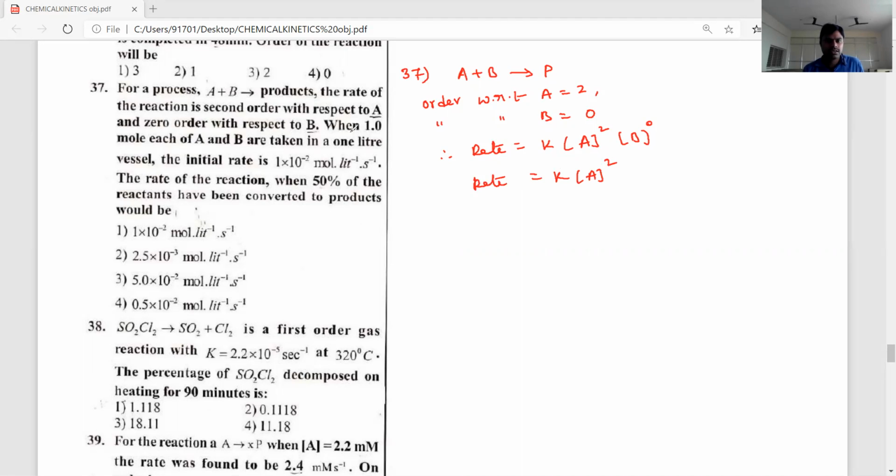Now, in this question, what they asked: when 1.0 moles of each reactant is taken in a 1 liter vessel, means concentration of A is equal to 1 molar and concentration of B is also equal to 1 molar. The initial rate is equal to 1 into 10 to the power of minus 2 mole per liter. When 50% of the reactants are converted into products, then what is the rate we have to calculate. So the R1 is equal